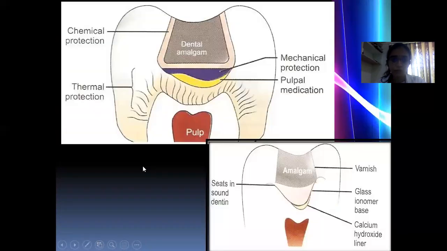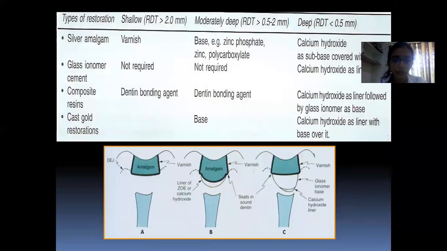So in this case, if the remaining dentin thickness is 1.5 to 2 mm, or 2 mm or more, in case of an amalgam, only chemical protection is needed. So in case of amalgam, we can apply varnish. In case of composite, a dentin bonding agent is applied. If the cavity is moderately deep, that is, if the remaining dentin thickness is 0.5 to 2 mm, a base